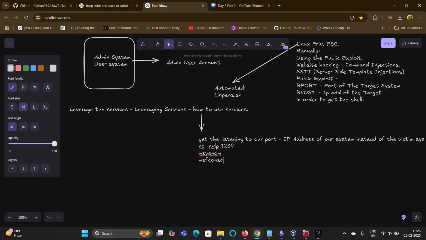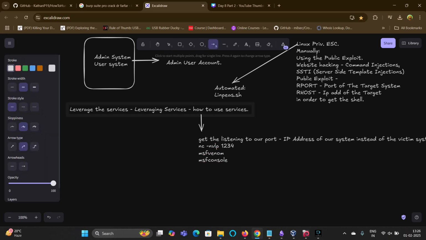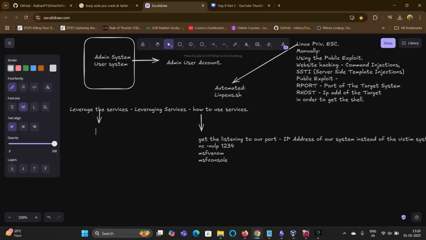MSF Venom. And what is the task of leveraging services, how do you perform it, guys? If we somehow get a hold of a particular shell of the admin or something, one thing is going to be in our hands: we can either restart the system, or we can shut down the system.